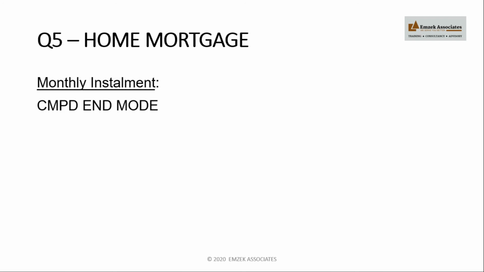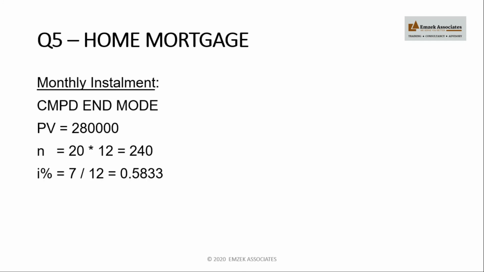First, we need to find the monthly installment using CMPD, compound interest with N mode. So PV is 280,000, and the tenure is 20 years, so we need to convert to months because we need to find the monthly installment. The rate also needs to be converted into monthly. Now we look for PMT and solve for PMT. We get the answer of